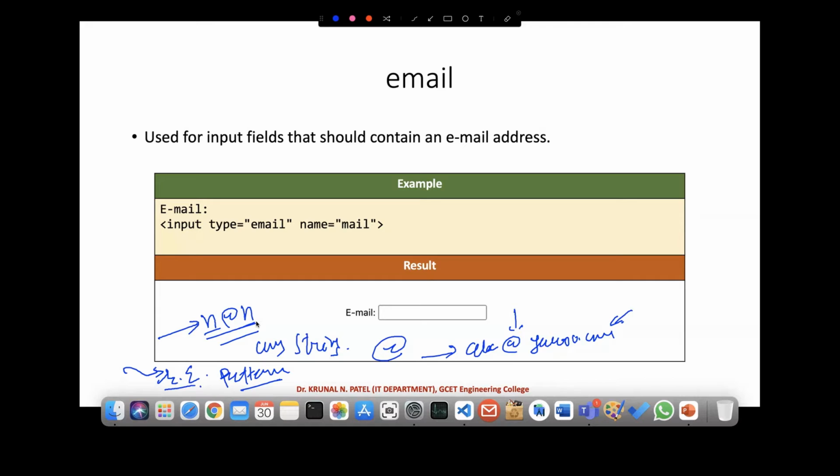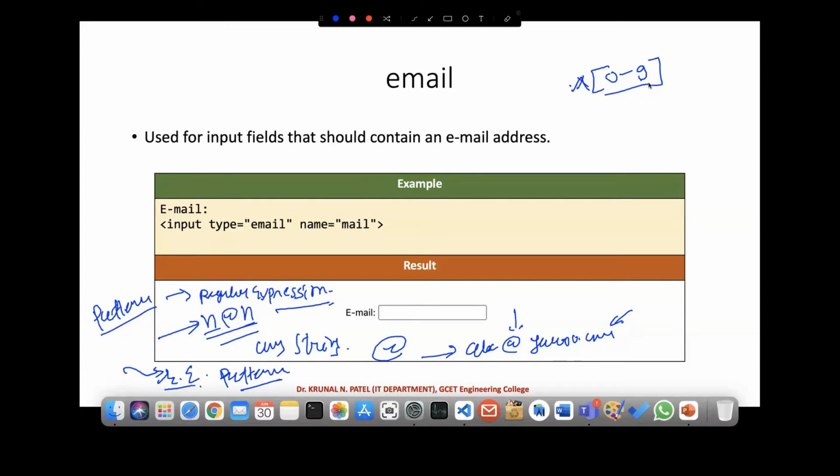If you want to change the pattern, there is an attribute known as the pattern attribute, and in that you provide the regular expression. I hope you know the meaning of regular expression, right? Let me tell you, suppose I only want to enter a number, then I can provide a regular expression like this: caret, 0-9. So I can provide any number between 0 to 9.